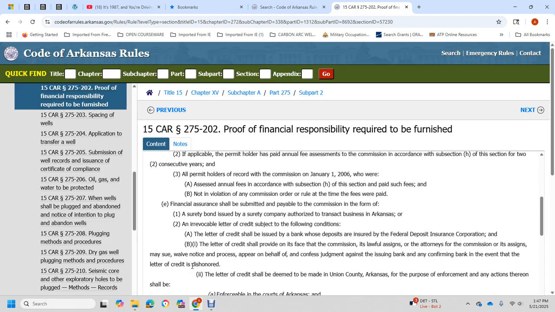An irrevocable letter of credit subject to the following conditions shall be issued by a bank insured by the Federal Deposit Insurance Corporation. The letter of credit shall provide on its face that the Commission's attorney is authorized